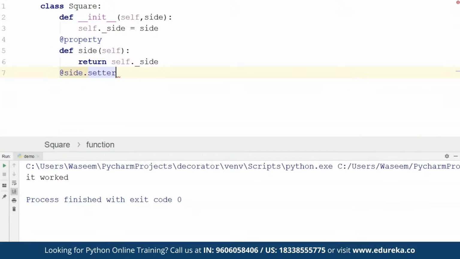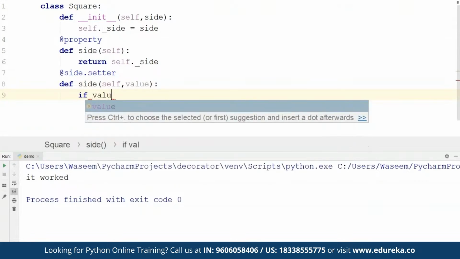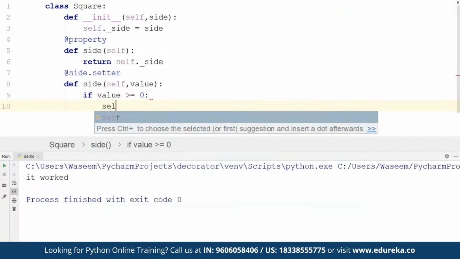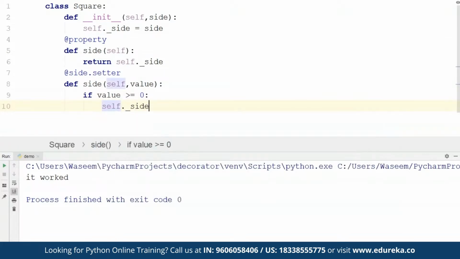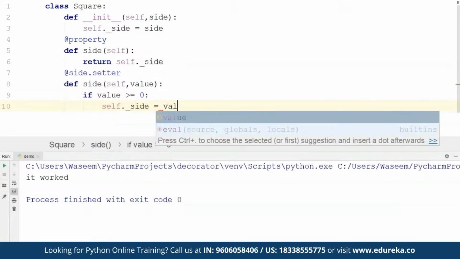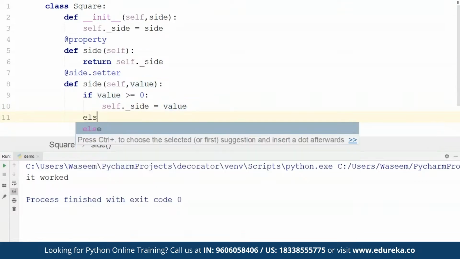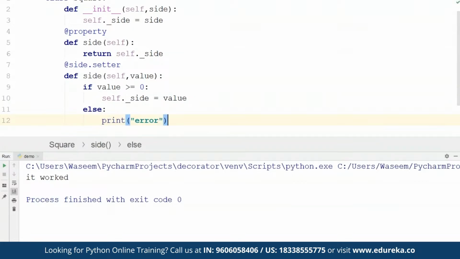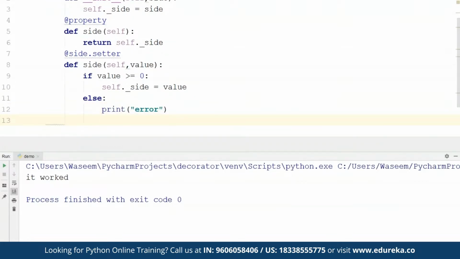This is my setter function, guys, and now inside this I'm going to use the side function, and after this I'm going to use the value. If value is greater than or equal to 0, I am going to set side equal to value, else I'm going to print that there is an error over here. And now again I'm going to use property,